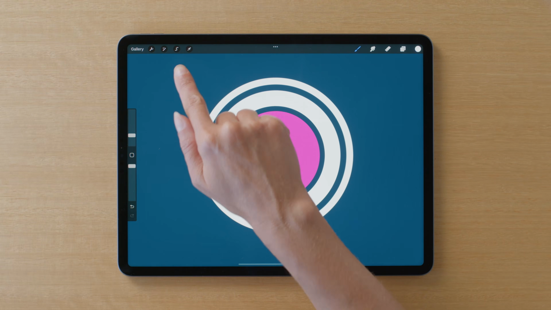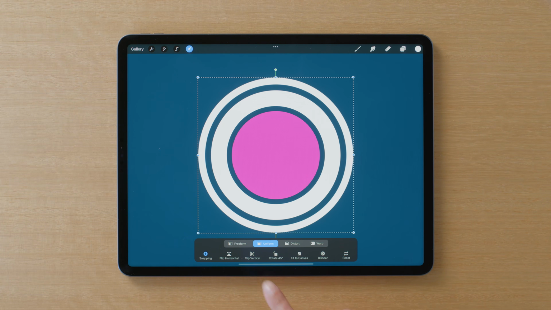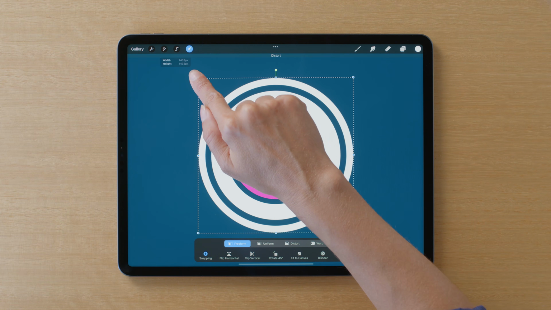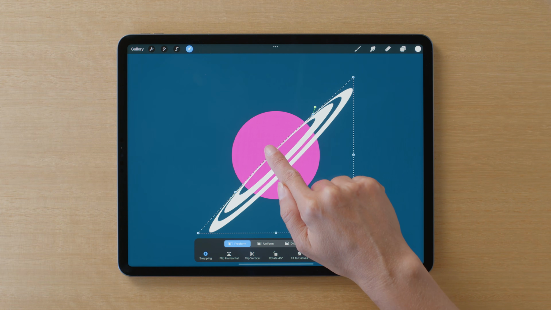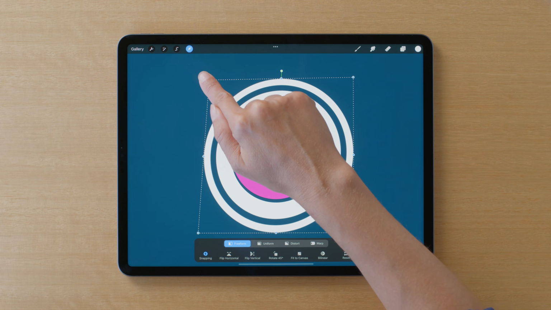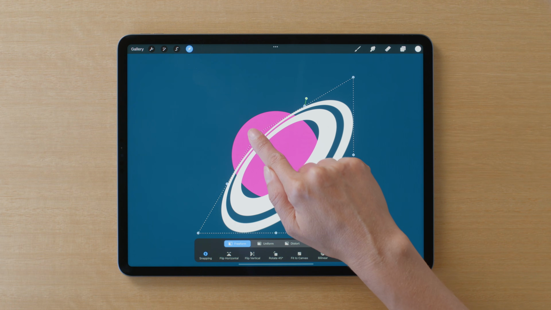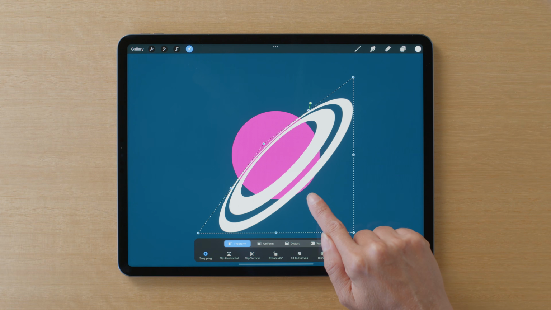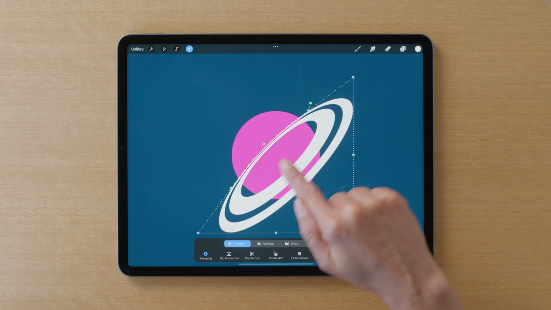Now let's transform these white rings. This time, let's try freeform, and I'll show you a little shortcut to distort without having to jump between modes. We can tap and hold the top left corner node to quickly distort and create the illusion of planetary rings. Drag the node in directly towards the bottom right node, just until we see a bit of the bottom of the planet, keeping an even space on either side.